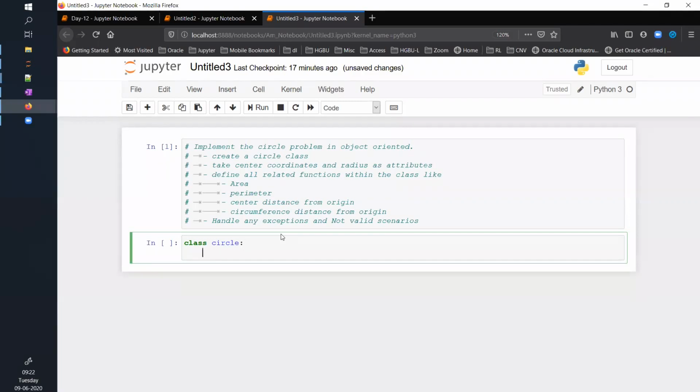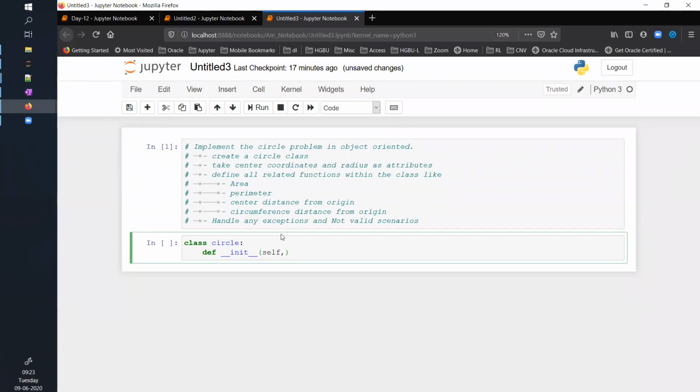Now here I will say def __init__, and then I will say self. I will explain all these keywords I'm writing, don't worry about it, but for now just remember this is what we do. Self, then you give all the parameters that will be required to define this circle.